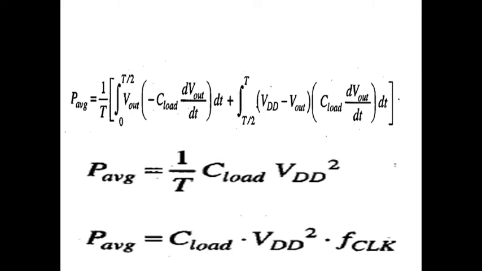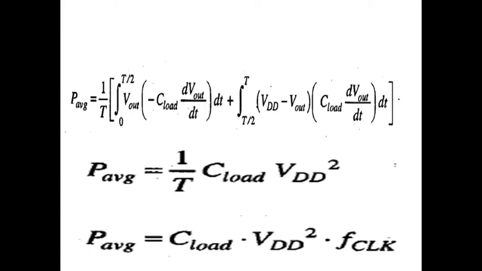So this is the expression by which you can calculate the average dynamic power dissipation. I have explained that during charging some power dissipation takes place, during discharging some power dissipation takes place. That's why the expression I have written here is P average equal to 1 upon T into the integral from 0 to T by 2 of V out into minus C load dV out by dt into dt